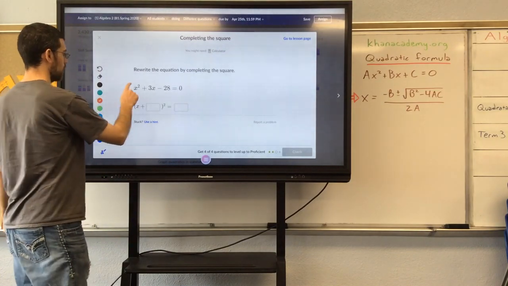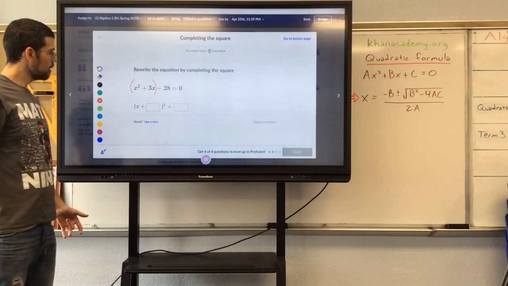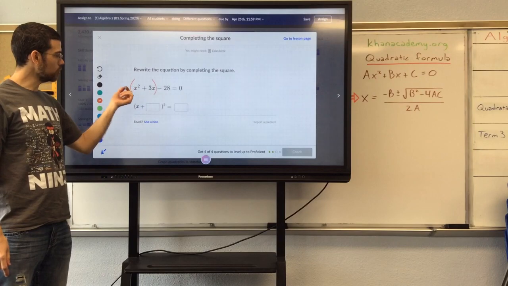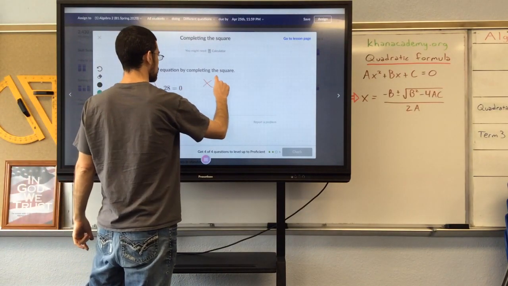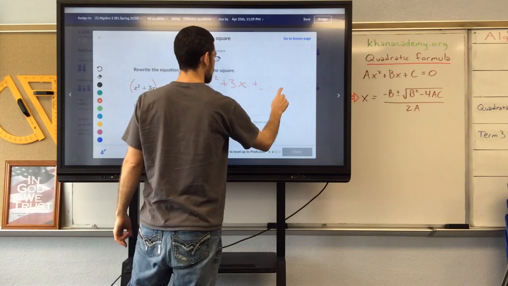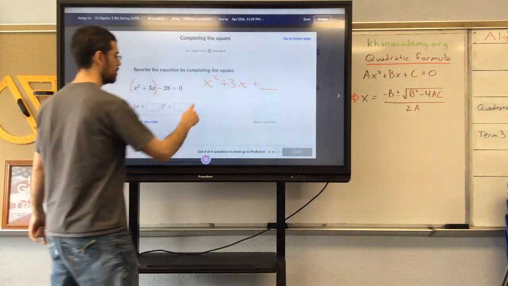So we're going to have to group the x's like this and come up with a perfect square that includes these two terms. Okay, so x squared plus 3x plus something is going to be a perfect square trinomial, which